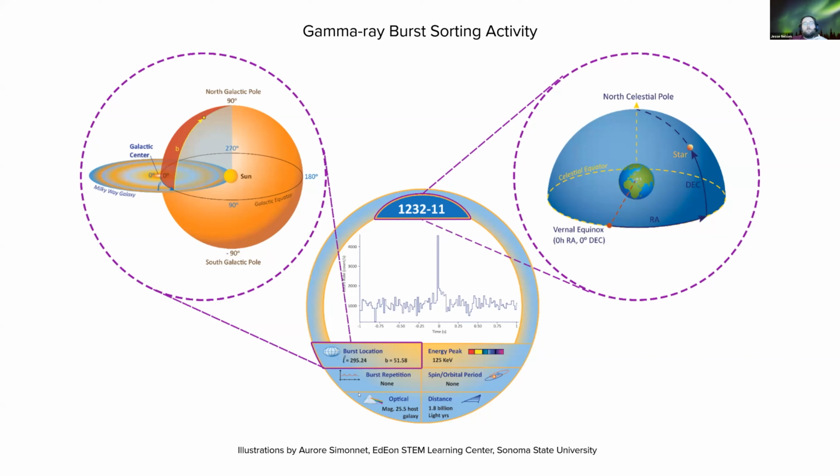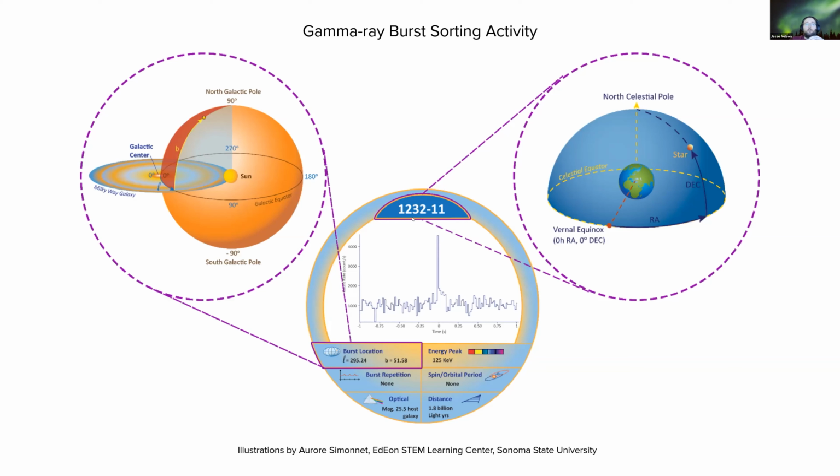Anyway, we have data on 15 different gamma ray bursts, and we're tasking students with categorizing them based on their shared characteristics without necessarily having advanced information about those 3 categories I just told you about. So this is that research-like experience where we just give them the data and we ask them to develop their own systems of categories for how to group each of those different types of gamma ray bursts. Ideally, they'll come up with the same system or something similar, but we'll get into that in a little bit.